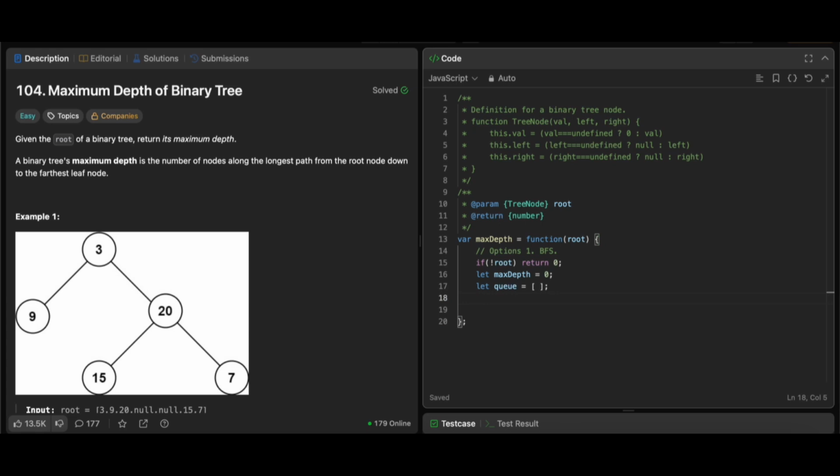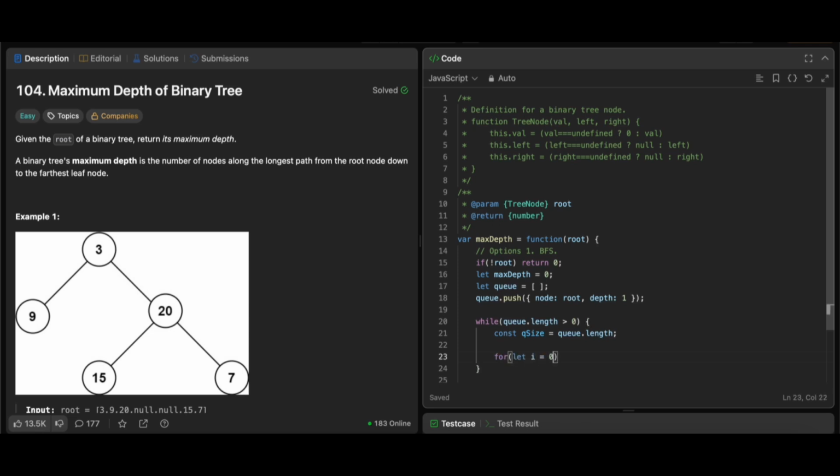Okay. Q.push, the node is root. Then the depth is 1, starting from 1. While Q.length is bigger than 0, const Q size is Q.length. Okay.